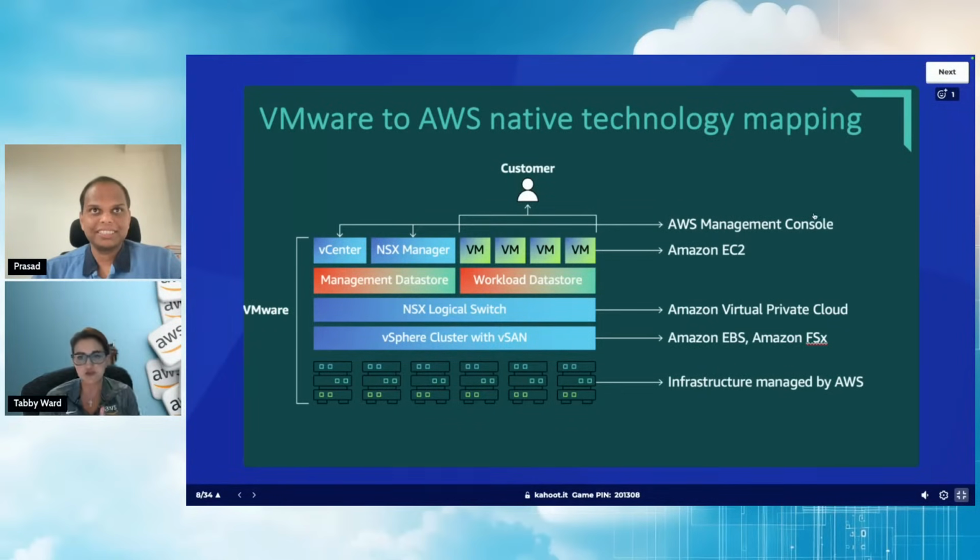And that EC2 that you see, the virtual machine in the VMware environment, is equivalent to our Elastic Compute, or EC2. The networking layer, the NSX logical switch, basically maps to our Amazon Virtual Private Cloud, or VPC for short, which provides similar network isolation and management to NSX for VMware.